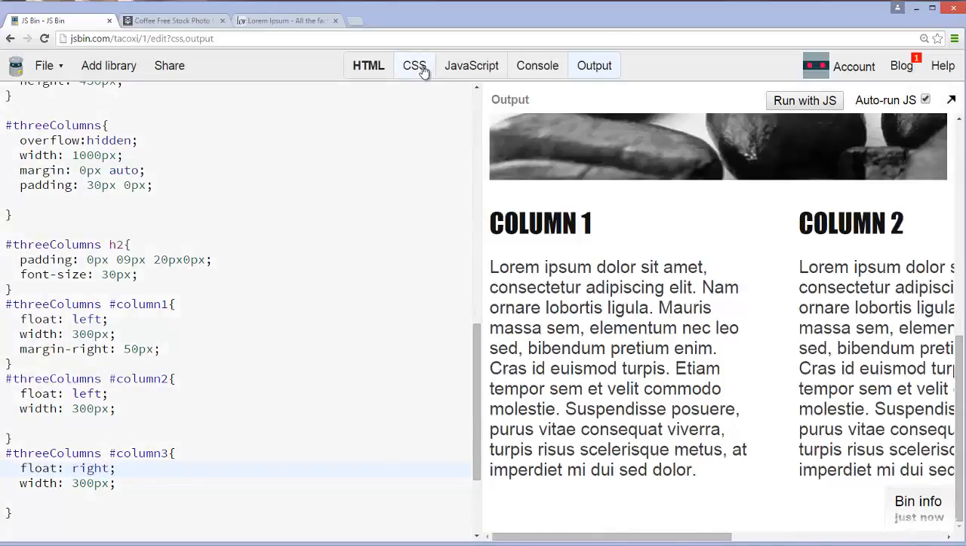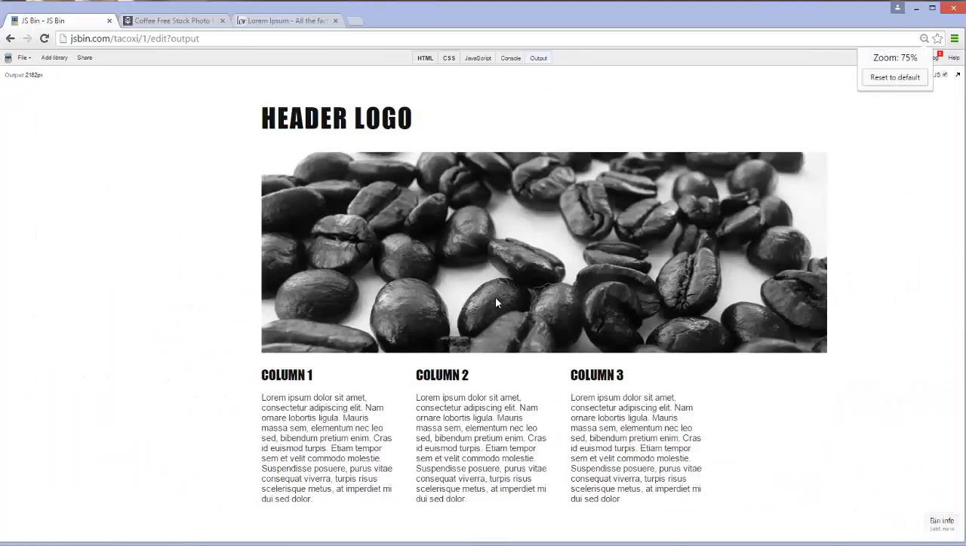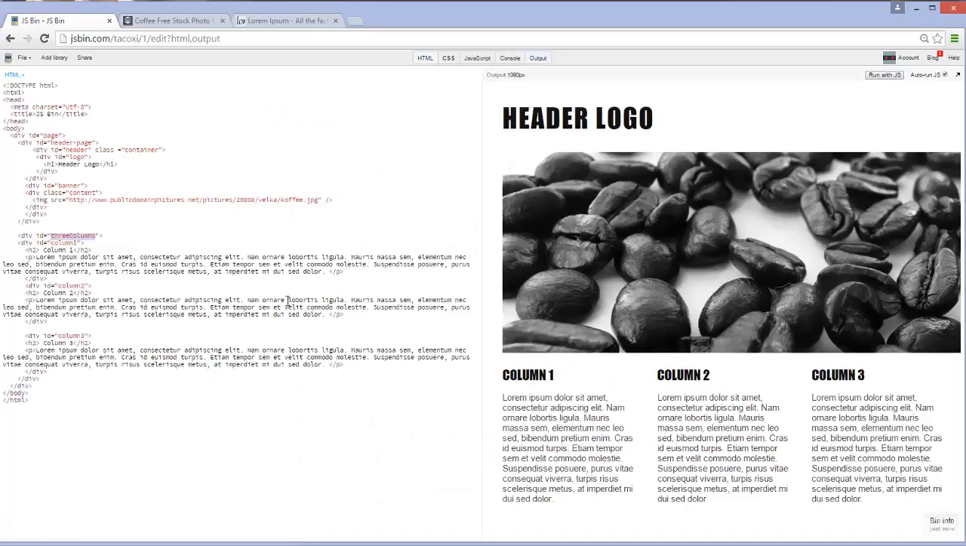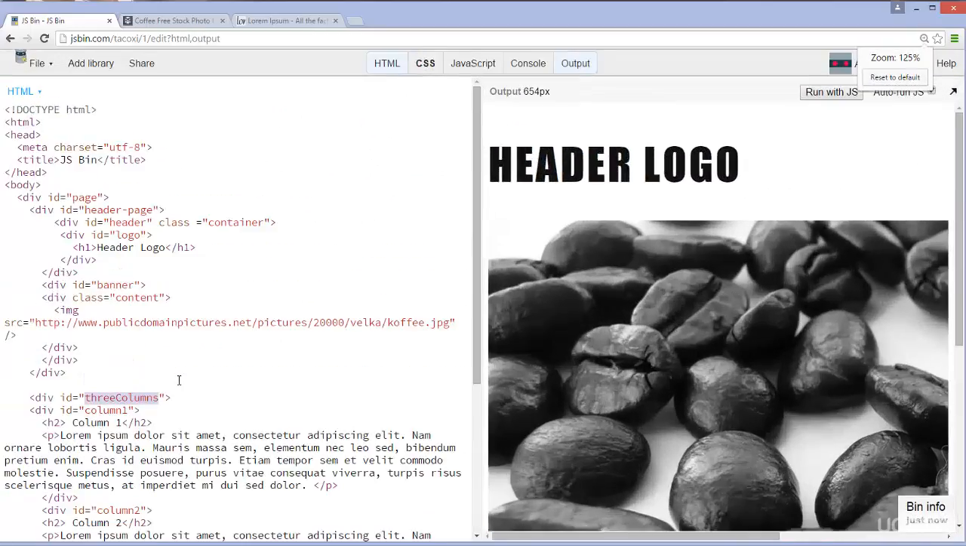Okay, and voila, you can see how this is shaping up to be a website already. But here we go, we have all of these three columns here. If you want to make this a little bit more